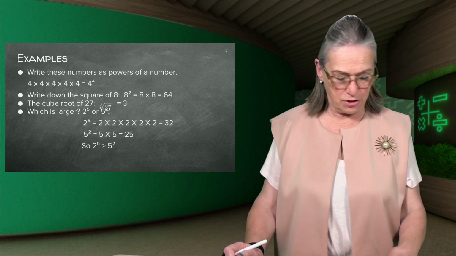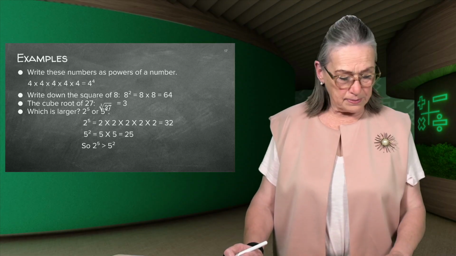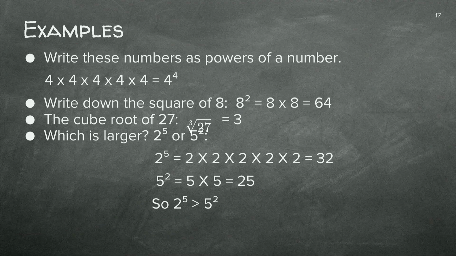Now they ask us to write these numbers as powers of a number, right? So there is 4 times, so it's 1, 2, 3, 4, 5. So is this one correct? They're going to ask you if that answer is correct. I can hear, no. What must it be? It must be 4 to the power of 5, because we're multiplying this base 1, 2, 3, 4, 5 times. I'm so glad you saw that. Let's do the next one.